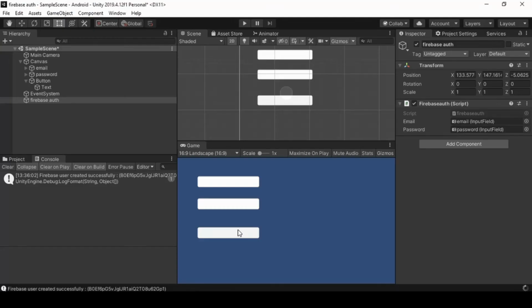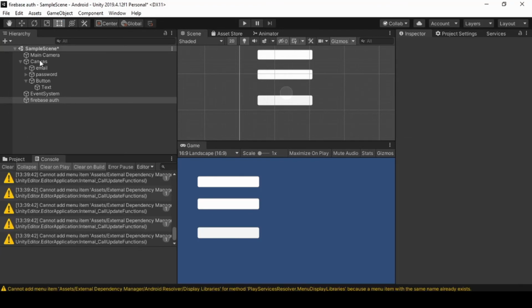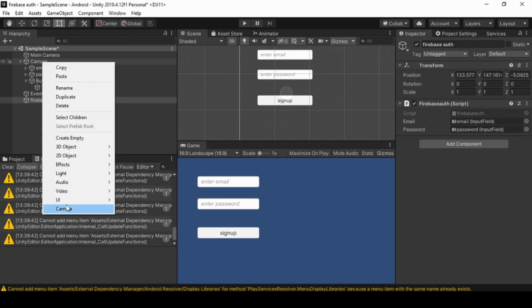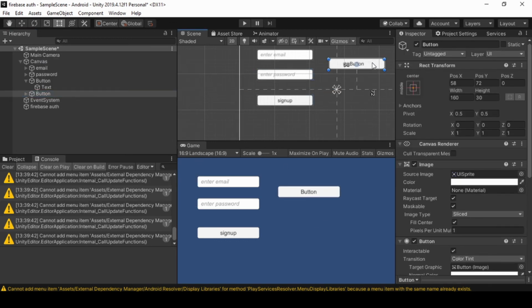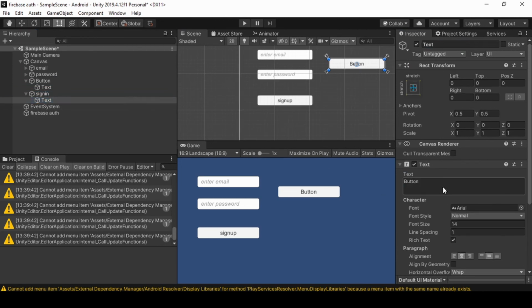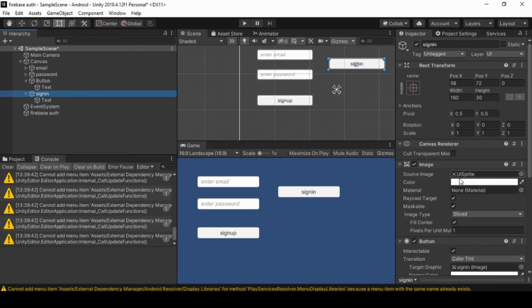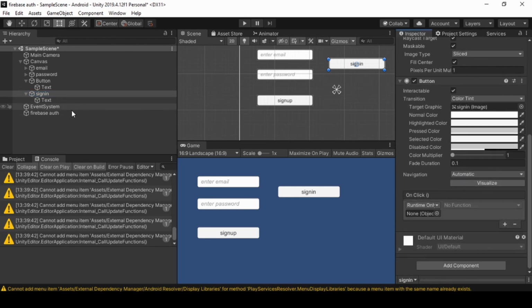Now save it and go back to Unity and create a button for sign in, and add our sign in function to our sign in button.